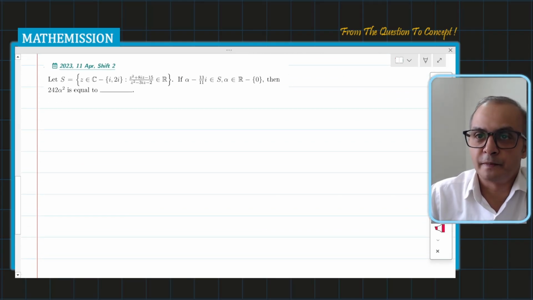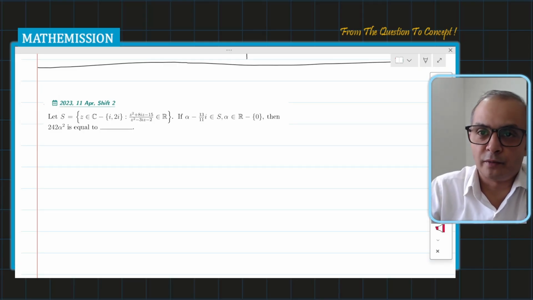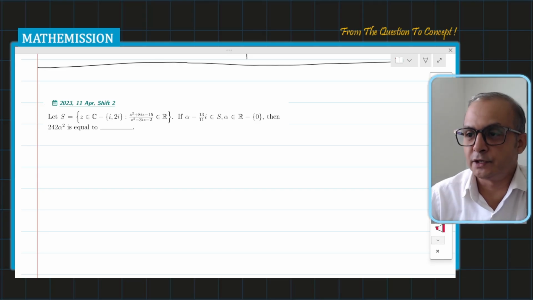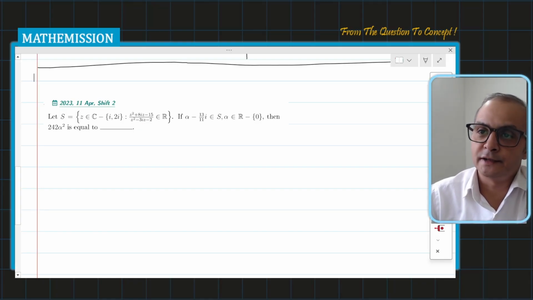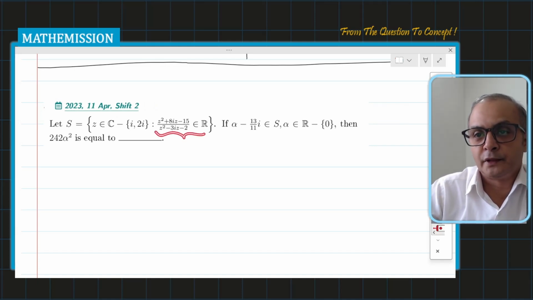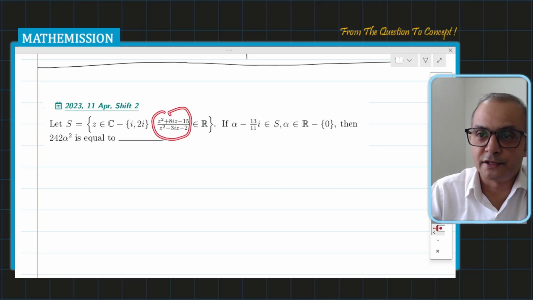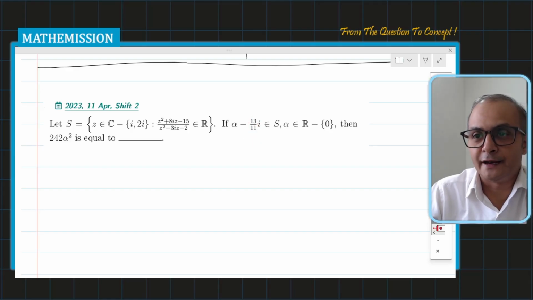Let's go to the next question, and this question says that the set S is Z belonging to the complex numbers which has no I and no 2I in this complex number set. And why it is so, you can identify because this denominator, they don't want to make 0. And the meaning of this statement here in this bracket is important. This tells that this whole complex number is a real number. It means if you take any complex number of such kind which has the imaginary part 13 by 11, negative 13 by 11, and real part can be anything,